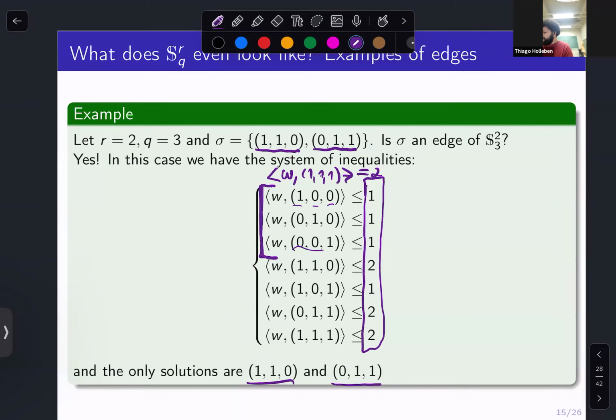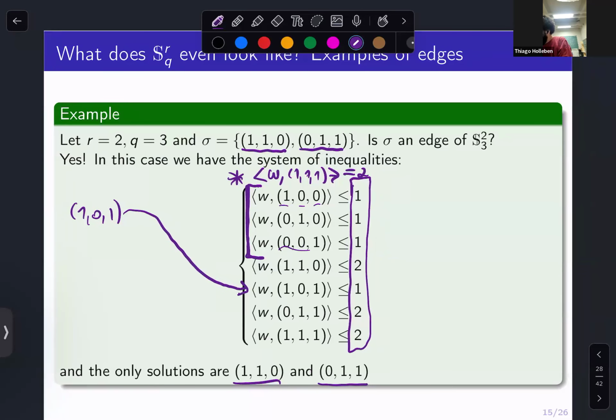But when you look at the first restriction that we have as well, this one that I wrote, you see that the only missing vector that could be a solution in that case is the vector 1, 0, 1, which is the other vector that has 3 natural coordinates and adds up to 2. And that wouldn't work because of this inequality, where we take the dot product with itself, it had to be at most 1, but we would get 2. So in this case, it's not a solution, and so it is a phase.